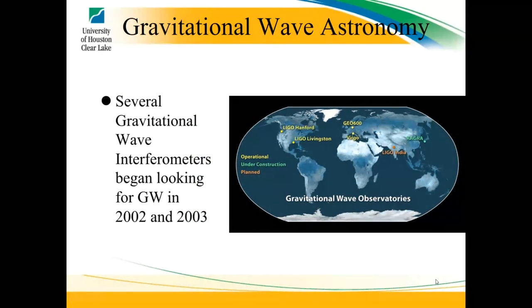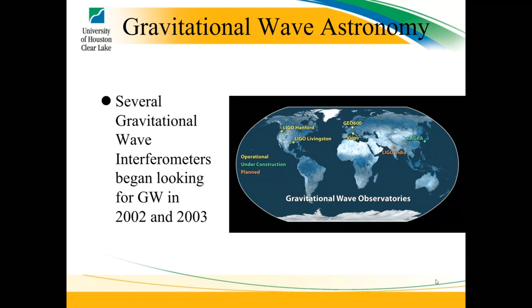And the first interferometers went online around 2002 and 2003. So they've been online for a while, although most of that time was spent trying to get them working correctly, understanding how they worked and improving the machines. So you could see that here's a map showing some of the gravitational wave detectors. There's one that isn't on the map, and I think it's down in Australia. But that one, I think, is more of a scientific test than an actual observatory. So it's not really expected to see anything.